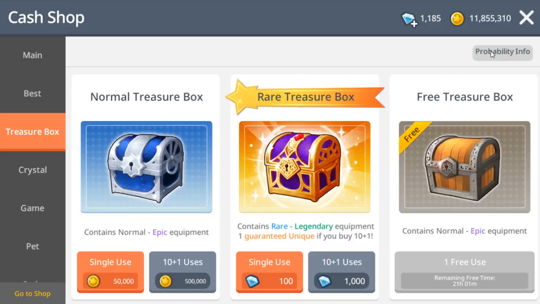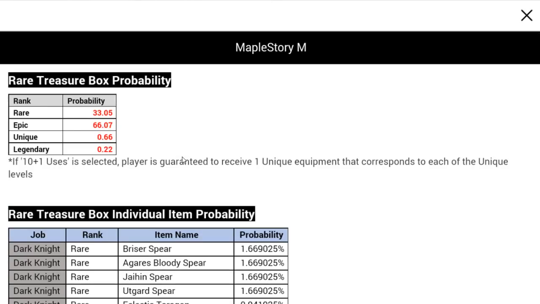Now let's go ahead and take a look at that probability info a little bit more, because this is going to be really important, as you can get a general sense of how valuable the gear is that you're going to end up getting from pulling from treasure boxes. You can see the chance of getting a rare or an epic is pretty much everything except for a very, very small fraction. The chance of getting a rare is approximately 1 in 3. The chance of getting an epic is about 2 in 3. Of course, that's shy, just a little bit less than a 1% chance, which is going to be your chance